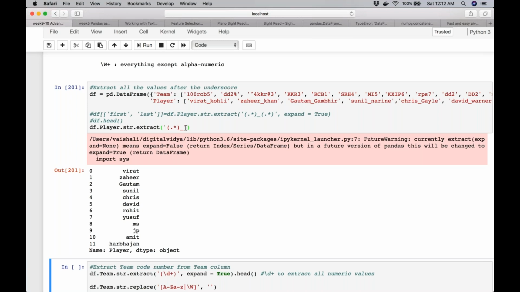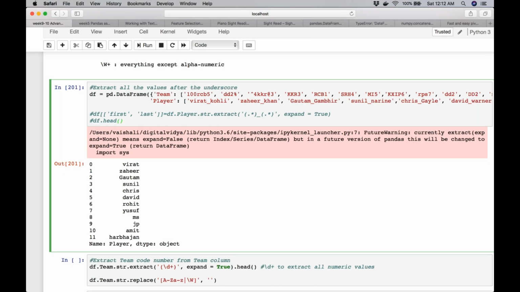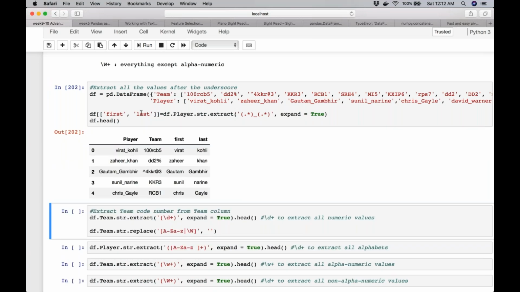That is the reason it becomes important to specify the expand argument every time. But if you are working with pandas 0.23, then you don't have to worry about it, particularly if your capture group is only one. Just to avoid this warning, every time I'm using extract, I make it a point to use the expand argument. And whenever you are creating multiple columns out of it, you would by default use expand is equal to true.